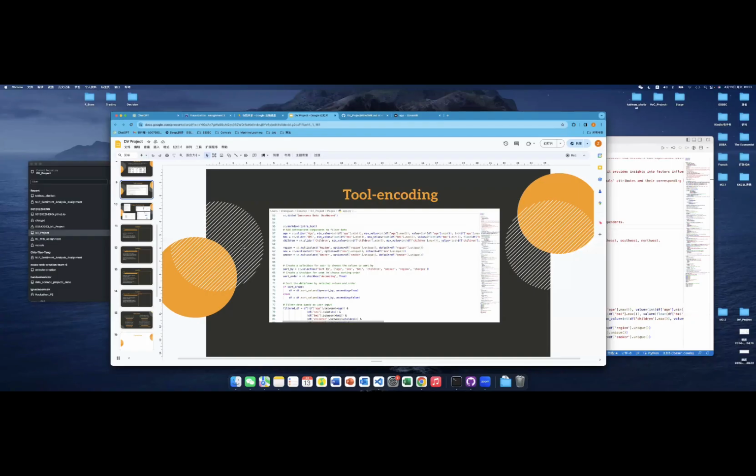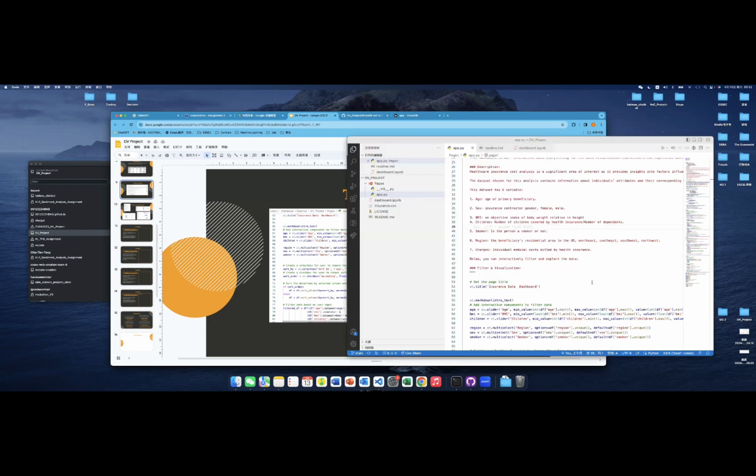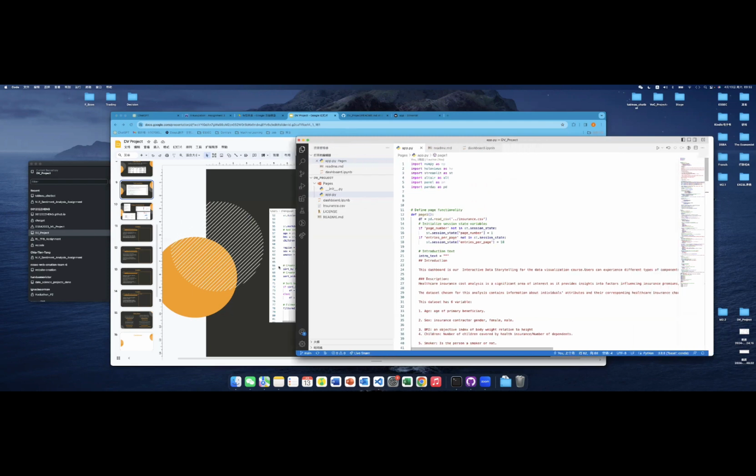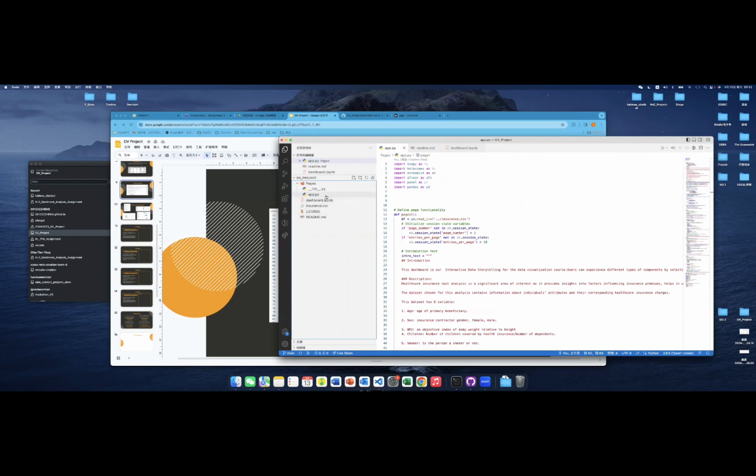So now I'm going to first introduce the design of our web page with a bit of explanation in the code. Here's the project of our data visualization, the code of the project, where you can mainly find the code under the page directory with the name of app.py. And we mainly used Altair and Streamlit, which were taught during the class for visualization and some of the functionality